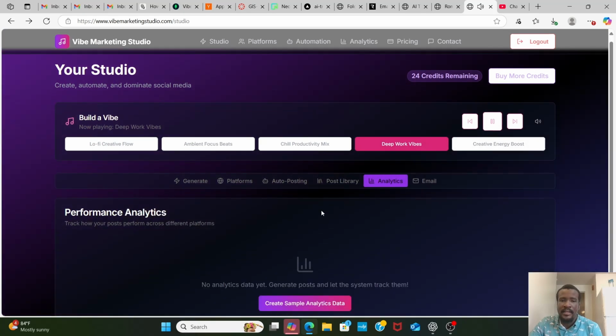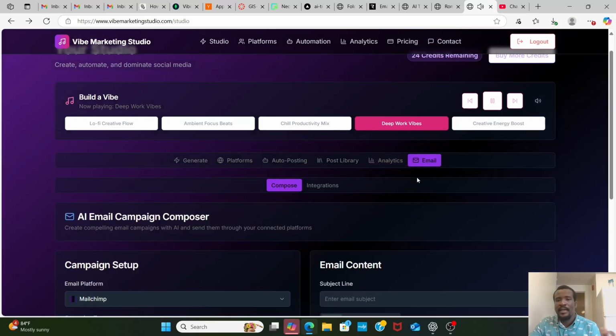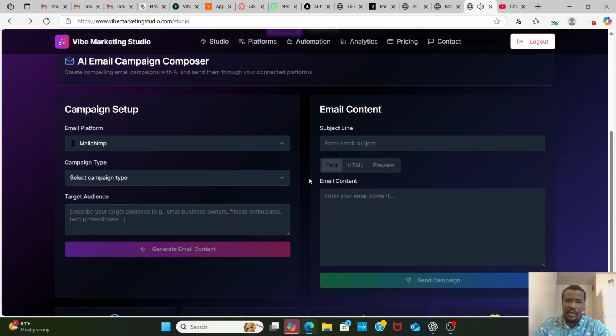And then the analytics page wasn't set up properly. Something is wrong with the code in it that I need to fix. But basically, the platform is able to generate the post for you. It plays the music for you. Those are the two main features that it does, and then the email is set up with MailChimp so far,